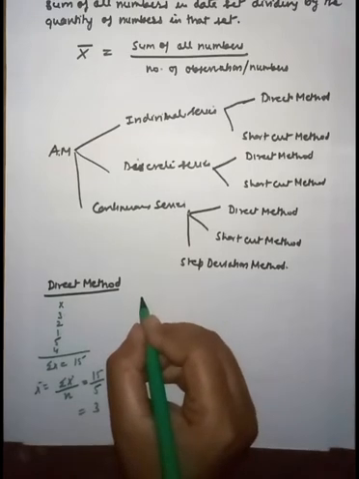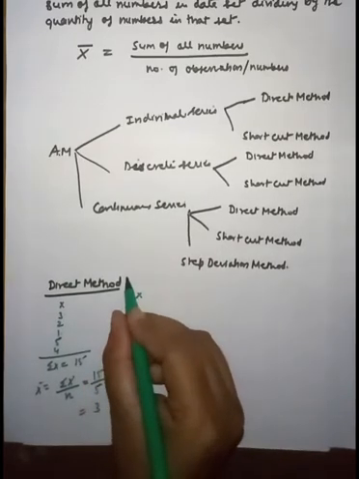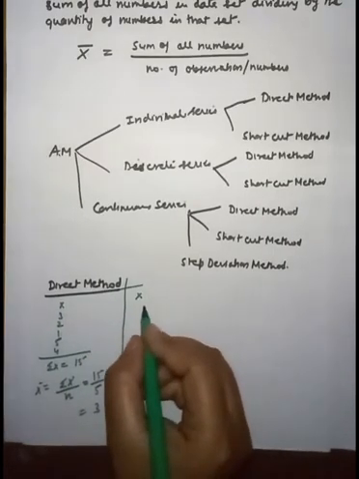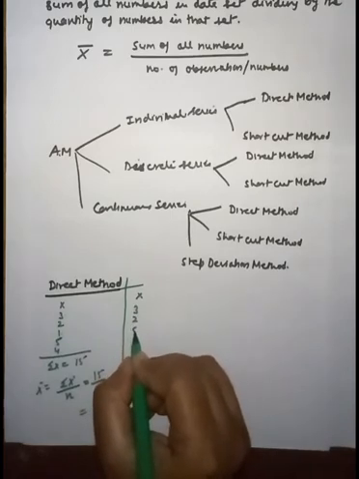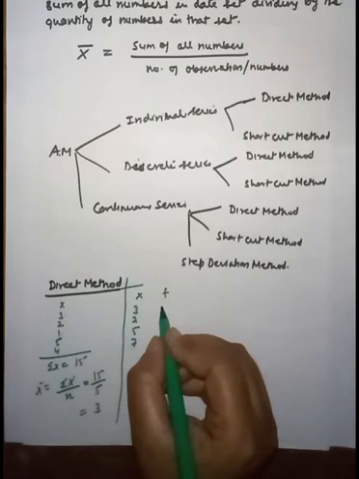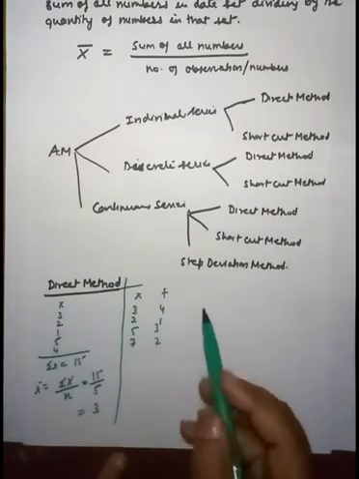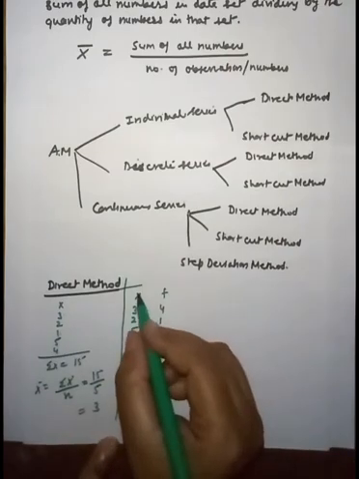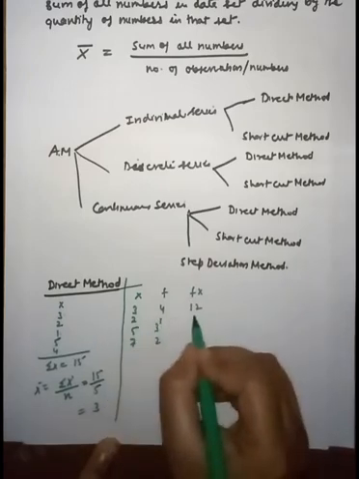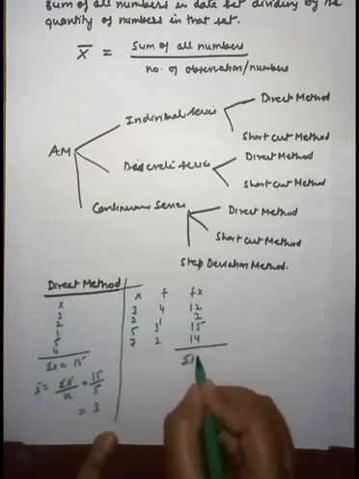Now I am taking the discrete series and showing the direct method. Let's take an example. In the discrete series, x and f are given. So I will take x: 3, 2, 5, 7, and taking the frequency along these variables: 4, 1, 3, 2. For discrete series, given x and f, first you find fx. So 4 threes are 12, 2, 15, and here 14. Now you add these fx,